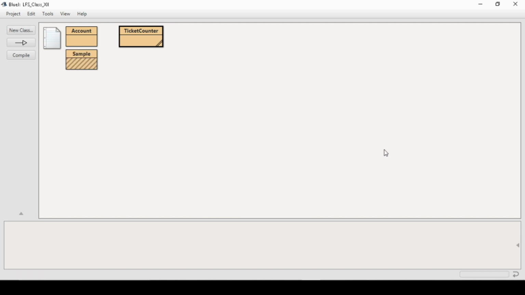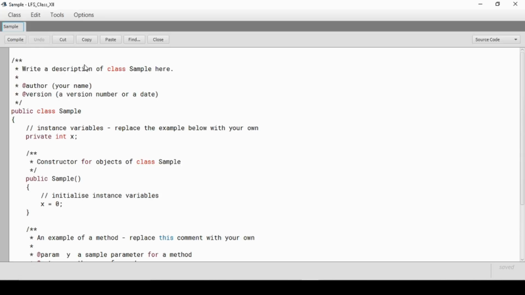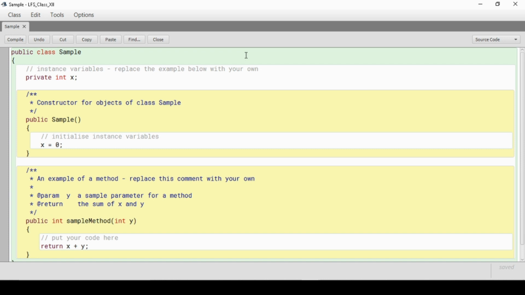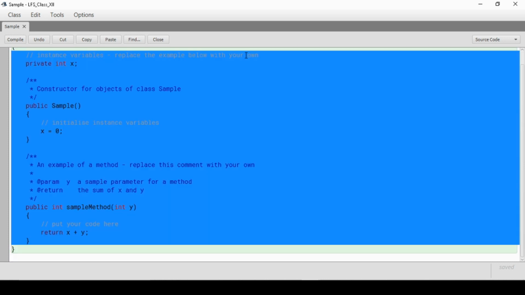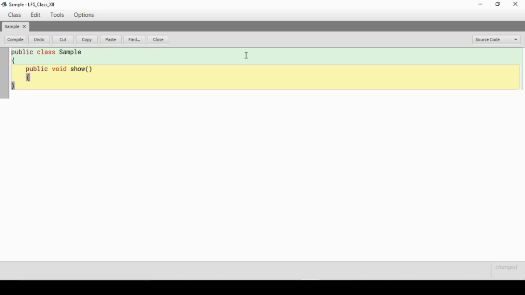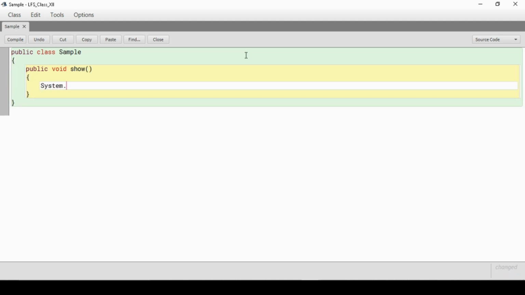For example, I am creating a sample class, and inside the sample class I will create a few show methods. So all the methods that I will create, their name will be show only. So the only thing that will be different is their signature. So I am going to create a few methods with the name show. Okay, and let me print something into it, right? So let me print show without parameter.